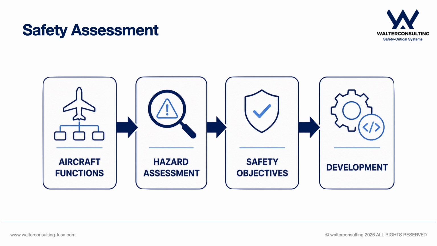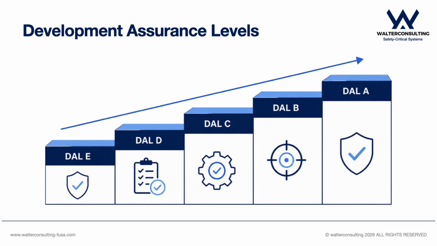One important outcome of these analyses is the assignment of development assurance levels. Not every aircraft function requires the same level of development assurance. Functions with greater safety impact require more rigorous development activities. This is the purpose of development assurance levels, commonly known as DALs. The assigned DAL influences many later engineering activities, including verification, configuration management, and process assurance. The complete DAL assignment process deserves its own dedicated video, so here we'll focus only on its role within the